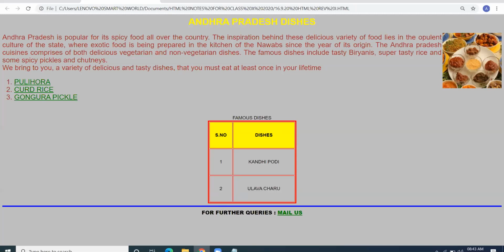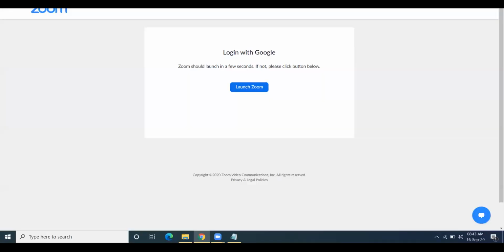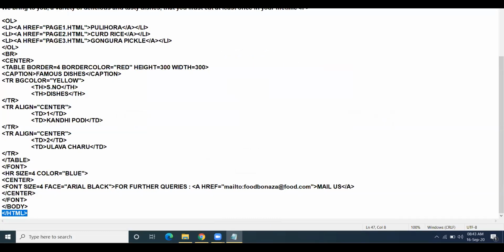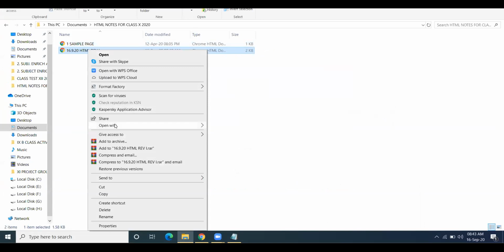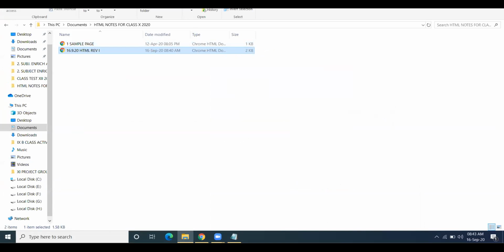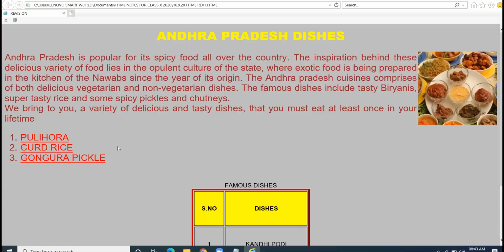Now I show you this web page in Internet Explorer. There I will tell you the clear use of A-link and V-link. See here.